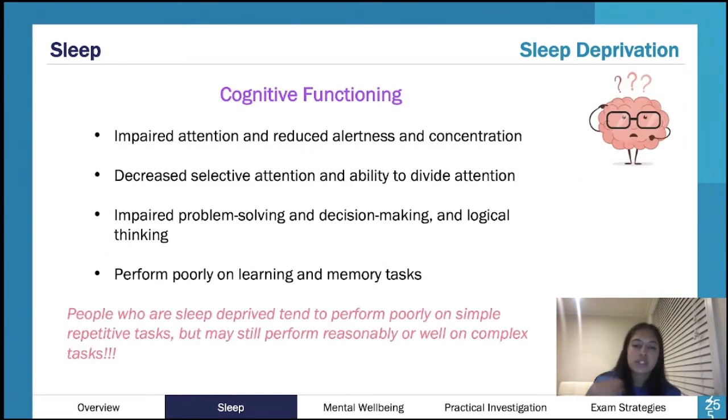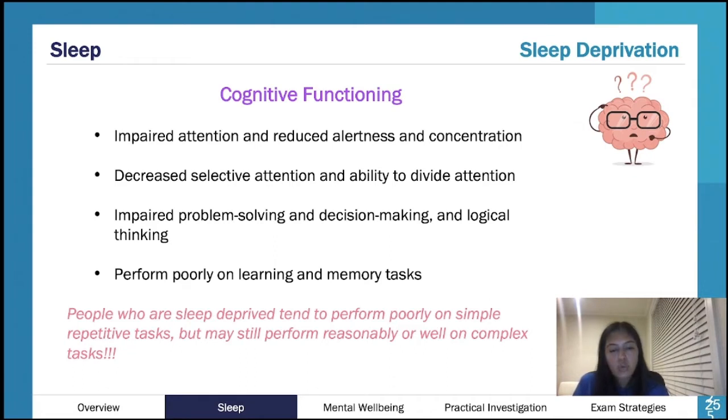Okay, so cognitive functioning, this should be a bit easier to rattle off. So problem solving, your decision making, your memory, your attention, your concentration, all that sort of stuff. As you can imagine, as I'm sure you've all experienced, when you've had a bad night's sleep, you just don't really focus that well and everything's a little bit off. So that's what you can think of there.